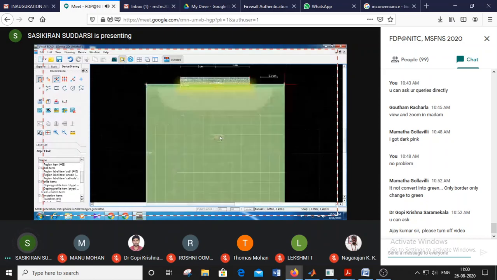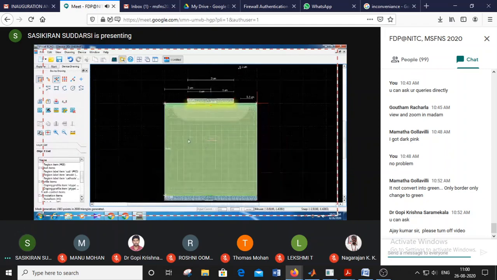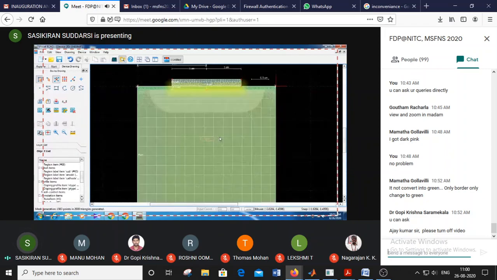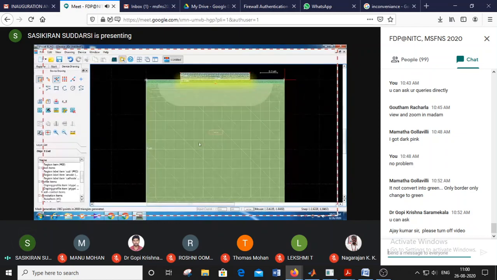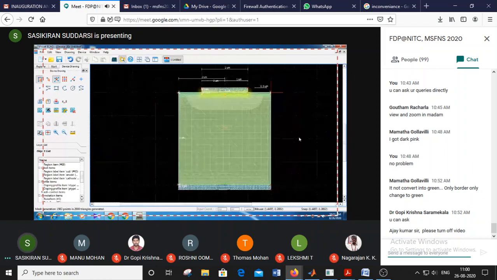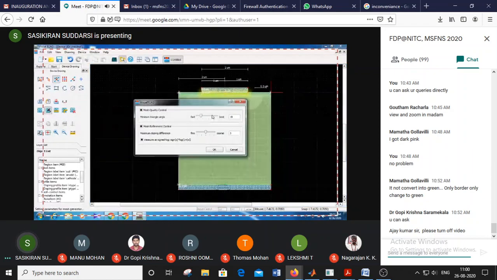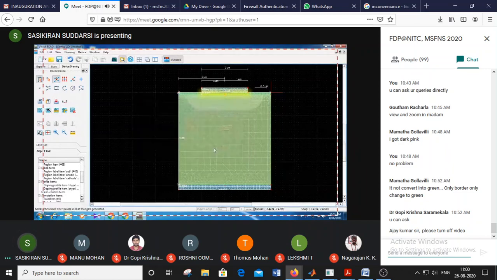You can see wherever the junction is, it is creating more meshes, and the mesh is very less in this region, while in this region it is more. So we can refine the mesh by using existing mesh. We can make some more points here. It will make it somewhat denser.